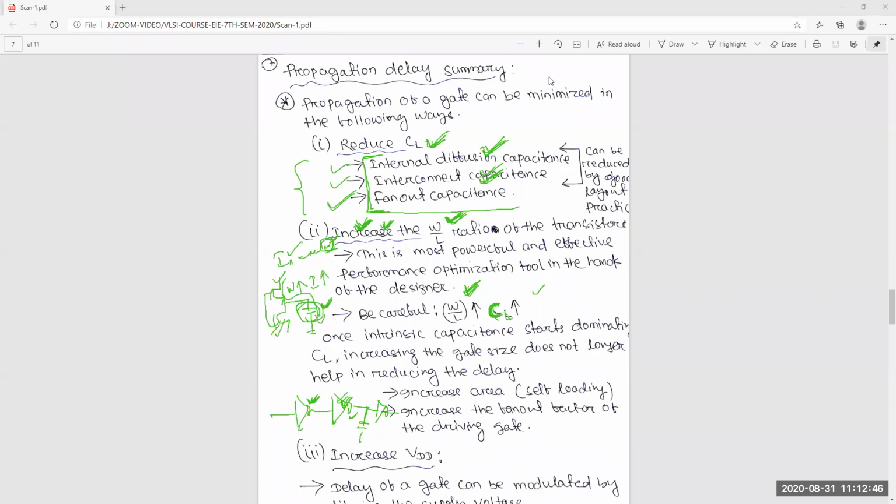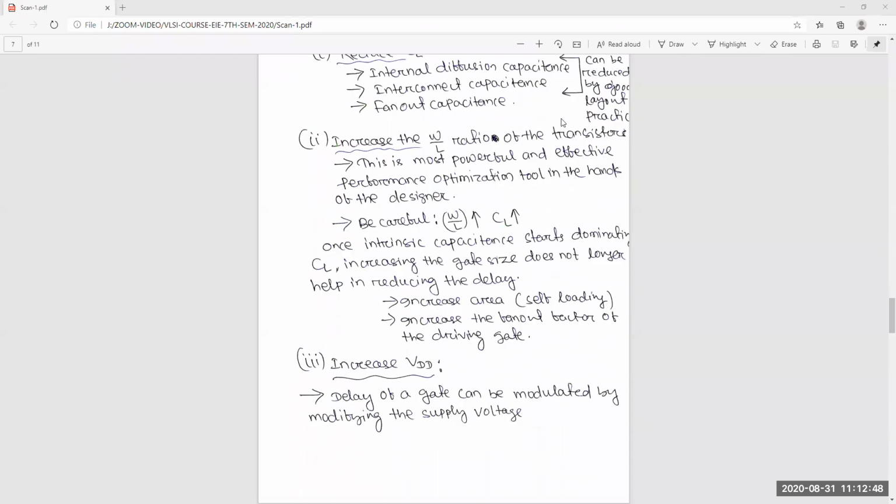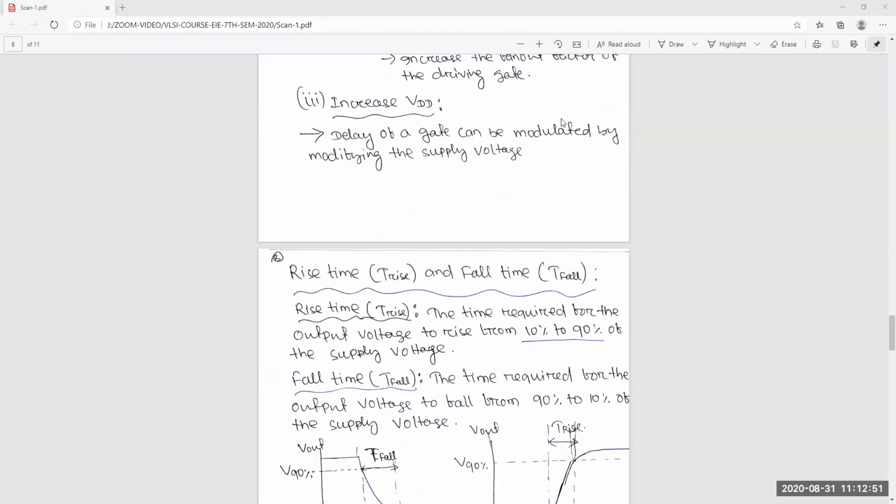And the next thing is increase VDD. Sometimes that is also fixed for a particular technology, so you have to use a fixed voltage. But sometimes if you increase the voltage, you can speed up the device also. Increasing VDD means you can consume more energy from that supply. So in this way, you can get at least a good performance if I increase the VDD.